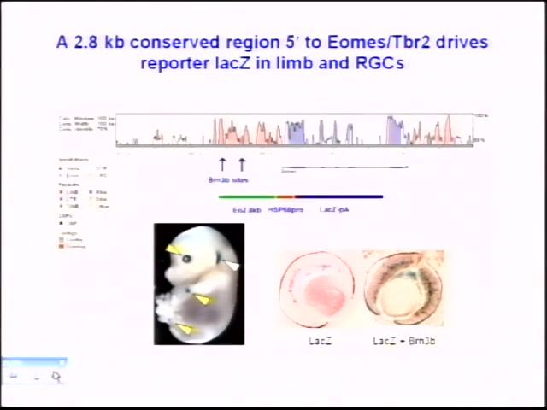And here we've used a bioinformatics approach to identify brain 3B sites in an enhancer element that's associated with the T-brain2 gene. And we've shown that that enhancer element has brain 3B binding sites. And using transgenic mice, looking at retina expression with a LacZ reporter, we've established that this enhancer requires brain 3B to turn on expression of T-brain 2, or eomesodermin, the other name for this thing.